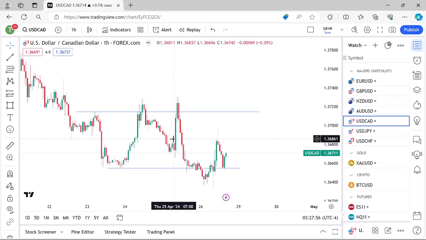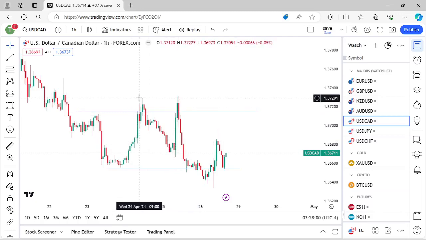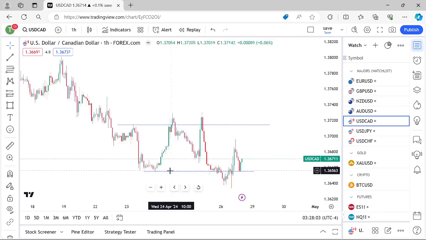Then you have another move from news right here. Look, you had some more news right here. It comes up, what does it do? Again, stop run. Runs the high, stop run, fades lower, because at that time you still have the Asian session lows down below, still intact from the other day that never got taken. The low was put in during an Asian session. That's not the time for that to happen.